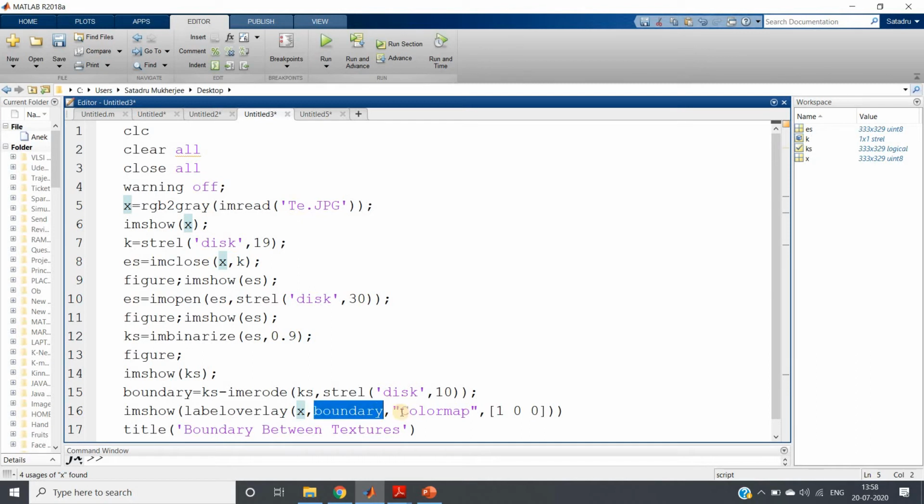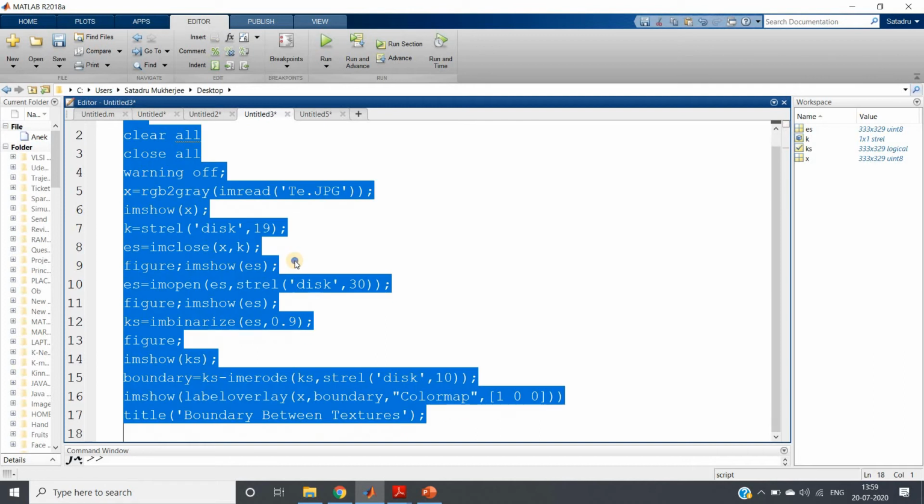Then I am giving the boundary part. Then the boundary I want to give some color, so for that the inbuilt option is colormap, and red is 1, green is 0, blue is 0, in RGB order. As a result, a red color borderline will form. And the title is boundary between textures.